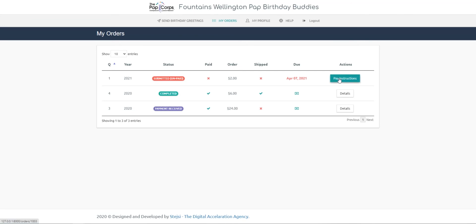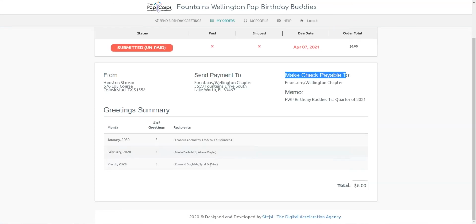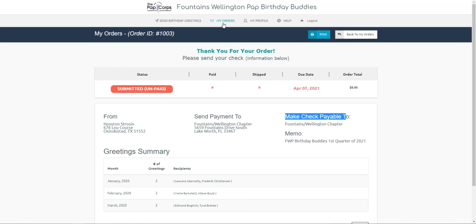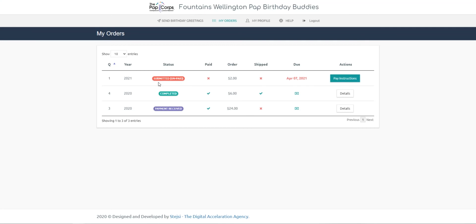So you can see pay instructions here for the ones that were not paid for yet, and you get the information where to send it to and where to make the check payable to as well here, with all the overview as well. You can also see when you made that order, so if it was the quarter, either first, fourth, or third,